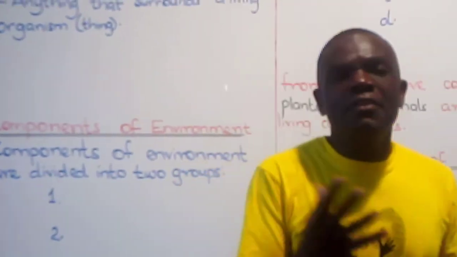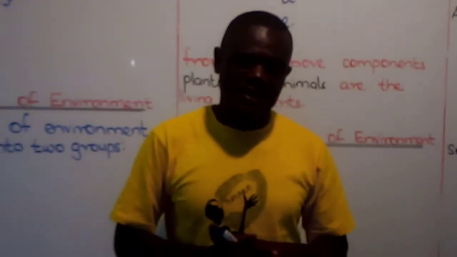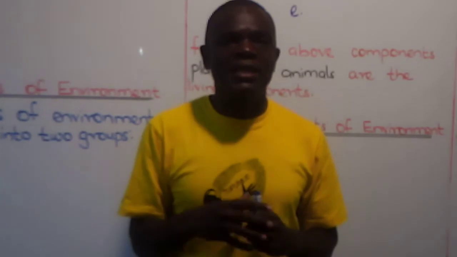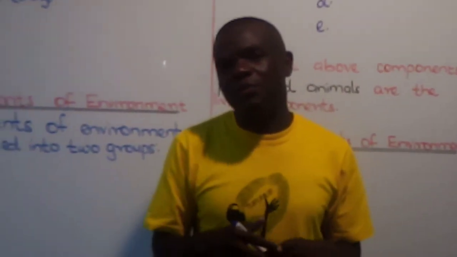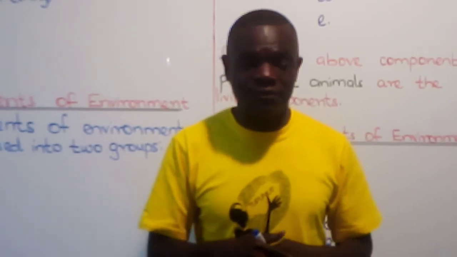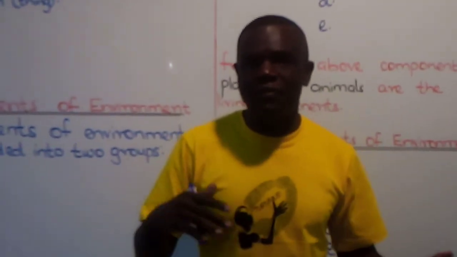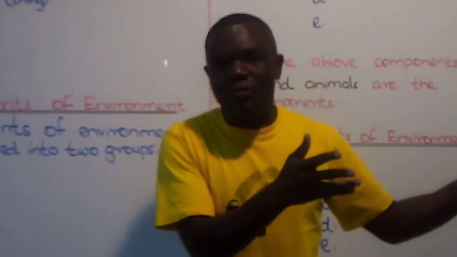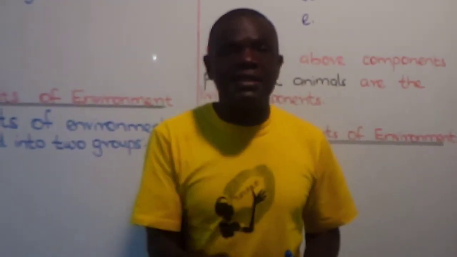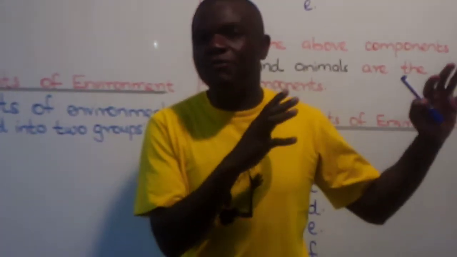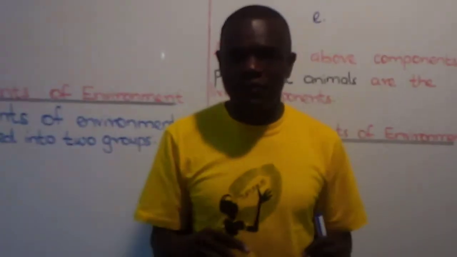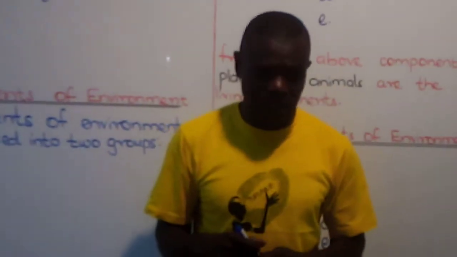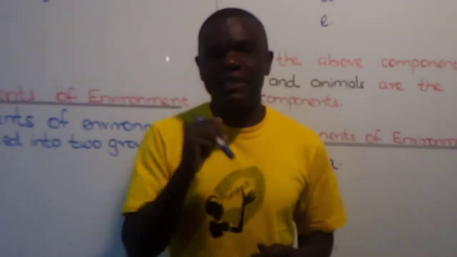Now, living things are plants and animals. So a plant is a living thing, an animal is a living thing. And animals include many other animals. I know we have the classification of animals, the vertebrates and the invertebrates, and the vertebrates include the mammals, the reptiles, the amphibians, the birds, and the fishes. Those are the vertebrates. And so all those are living things. What is found around them, that is its surrounding, or that is its environment.